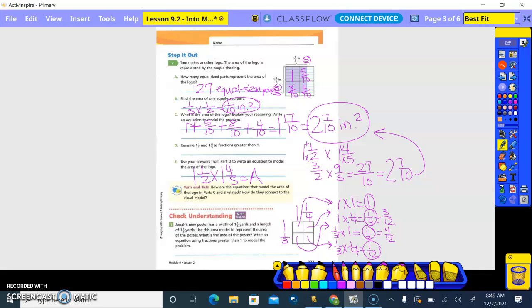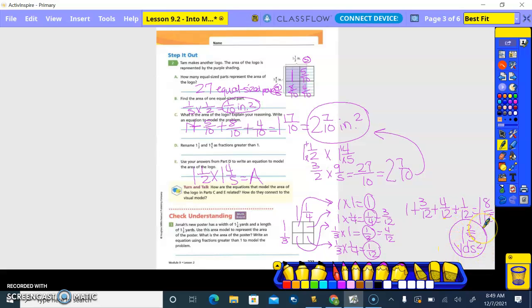Okay. So now what do I do with all of them? I need to add them. Okay. So 1 plus 3/12 plus 4/12 plus 1/12 equals 1 and 8/12, which also equals... Okay, what goes into both of those? 4, right? So 1 and 2/3 yards